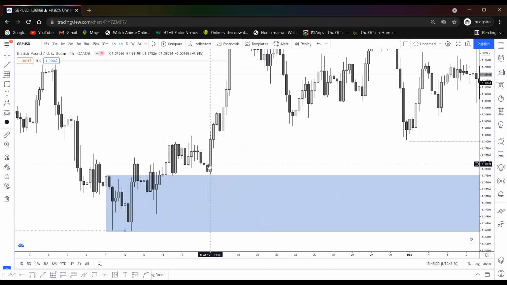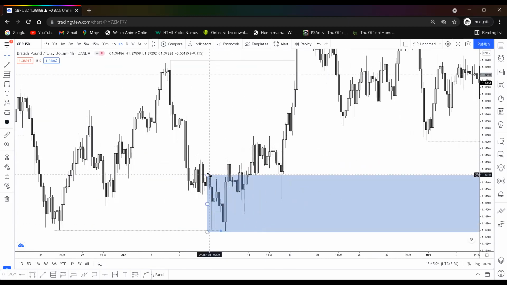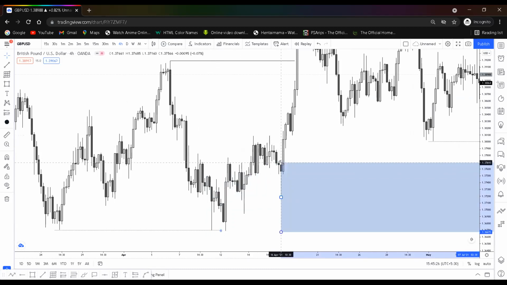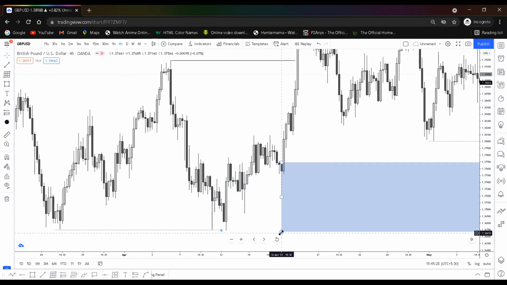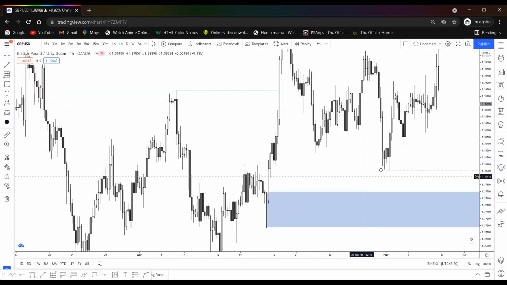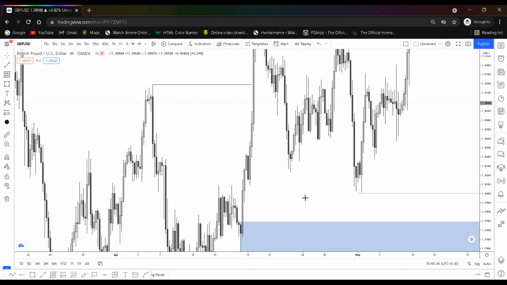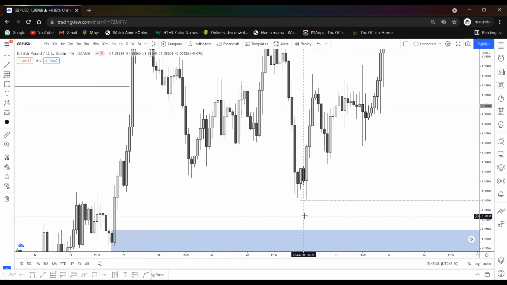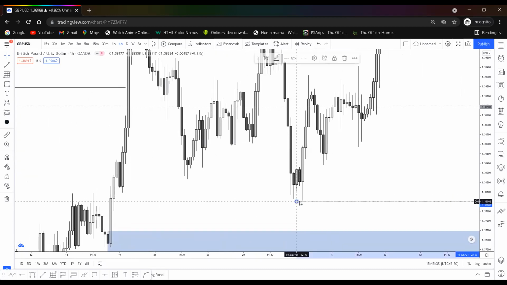Can you see this imbalance? The last point of imbalance within that newly created range. Okay, so now we're going to refine it down to here. And then what the market makers do is, after an inducement, they'll mitigate out